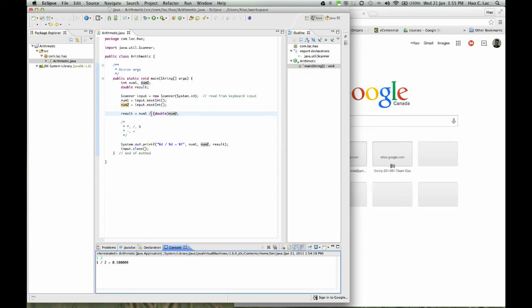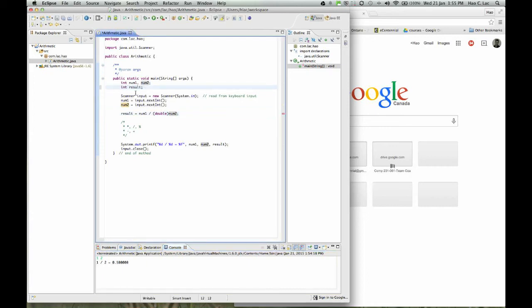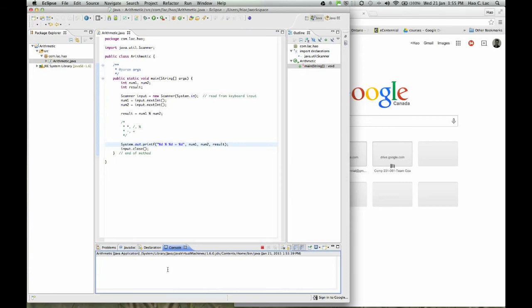Now let's try the mod operator. I'm going to change this back. Maybe I should have started with the mod operator instead. Again, recall the mod operator is to get the remainder. Well, I have to change this first. So if I do, let's say, 7 mod 4,